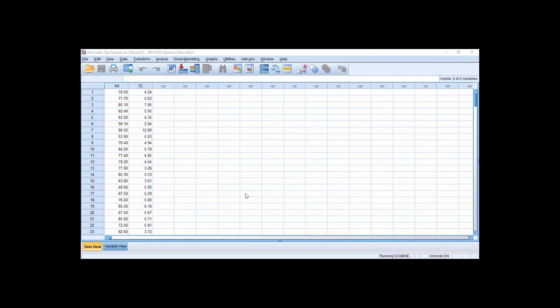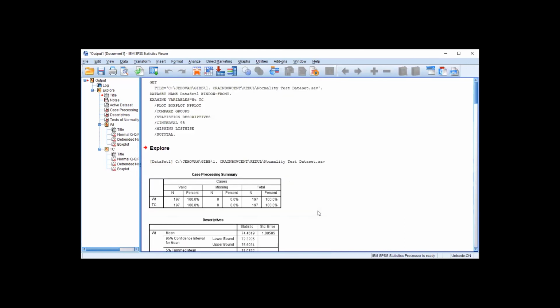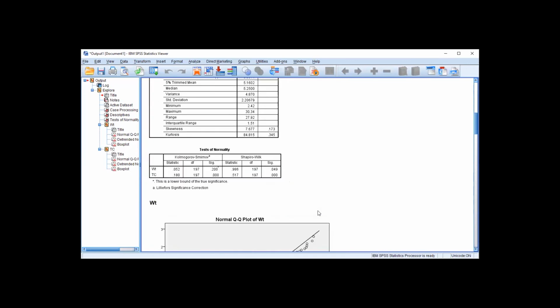Now it generates the result for you, but we need to go to the result view in order to see it. So we are in the result view now. This is the test of normality. It says that for WT, it is not statistically significant, meaning that it is not statistically different from the normal Gaussian distribution, meaning it is parametric.